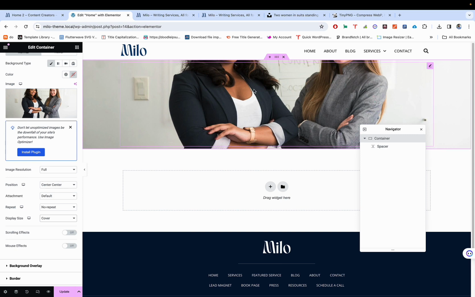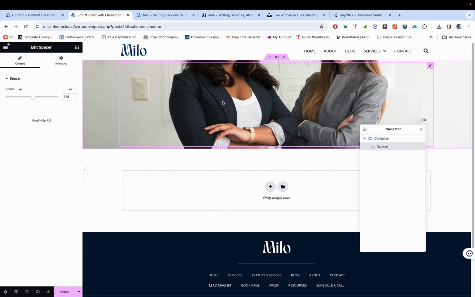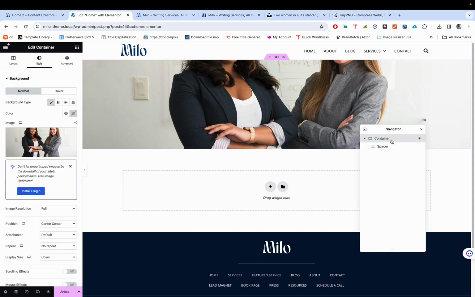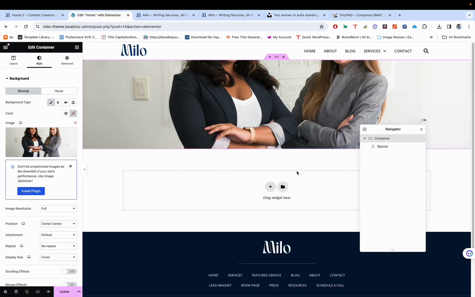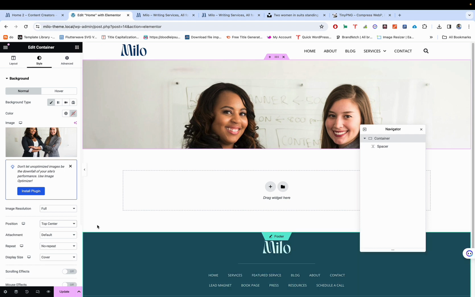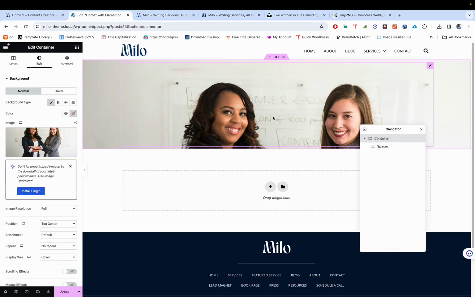Now there's an issue. This center has, sorry, let me go back to clicking the container because that is where our background image is. This center has made it so that the image is showing the middle part of the picture, which happens to be the chest region, and that is not what we want to show. So we are going to choose top center. Now this top center appears to be a bit better because we have some head, which makes the picture more